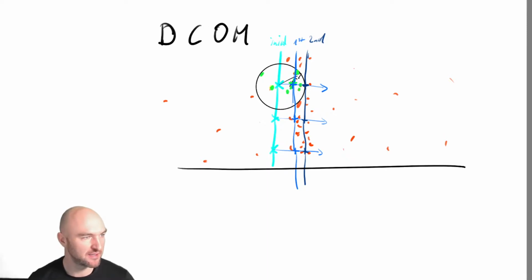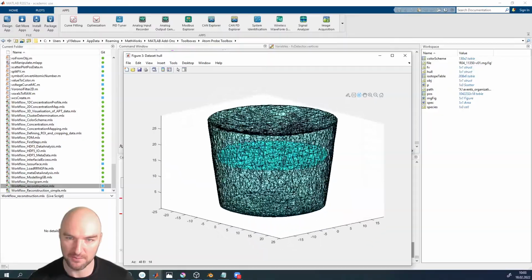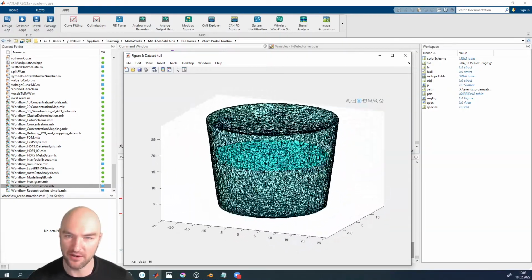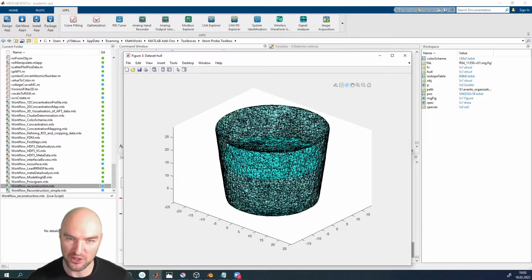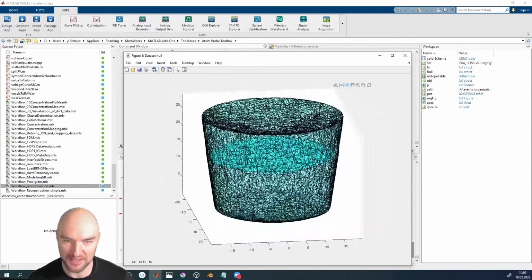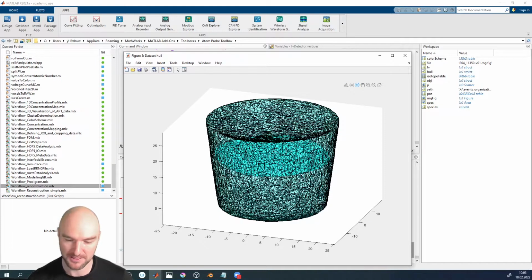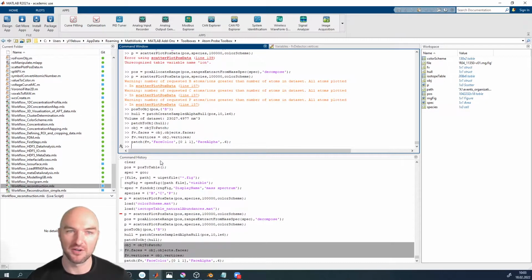Okay, so let's jump back into the whole algorithm part. So the question is now, I hope the mesh is not going to be so ugly that we're going to get problems with our algorithm later. So the hull, but for now it doesn't matter. So the thing we're going to do, I'm just going to call it FV1 so that we're doing it non-destructive and we remember what's what. It's patch snap to atomic positions. This is what the function for the decom algorithm is called in our toolbox. And all we need is